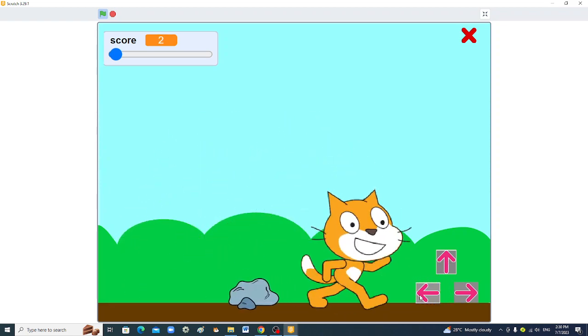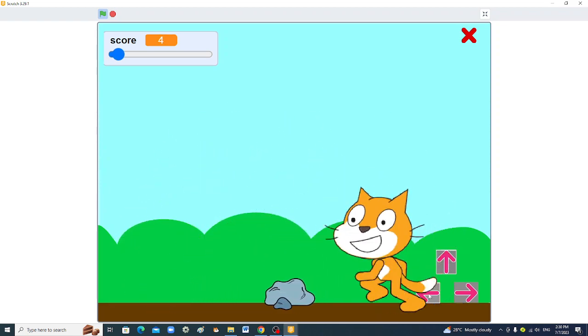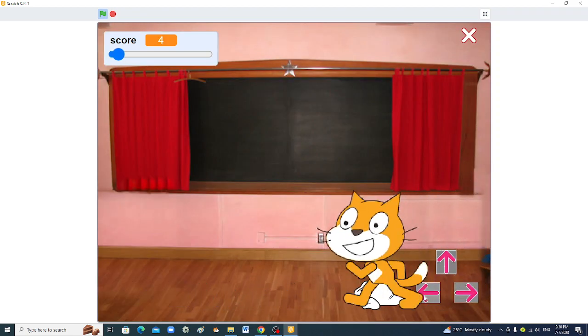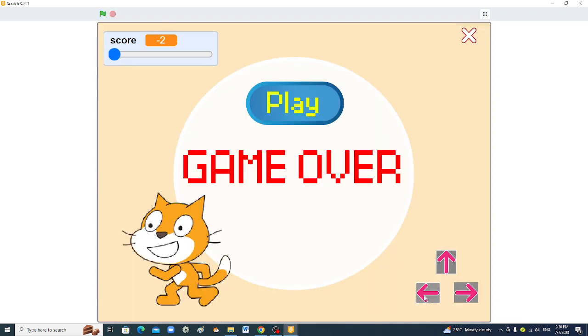Hey, hey, hey. The more you jump, the more you get marks, and if you want to get to the next level, you get to the edge and touch it. And if the rock starts,